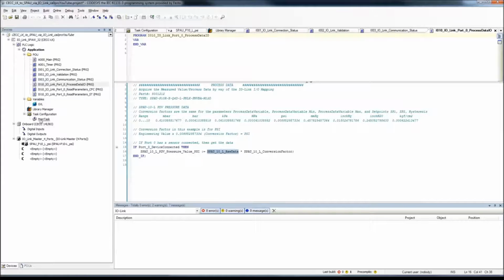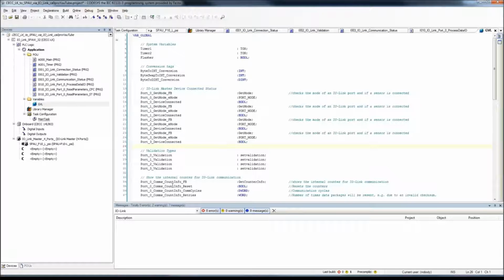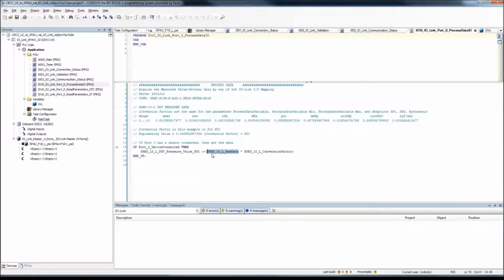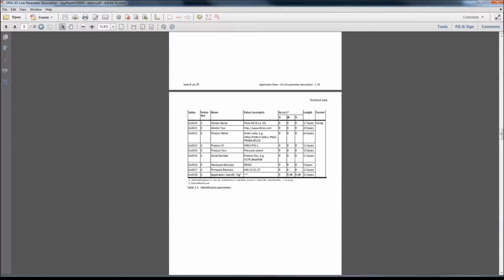So I have this global variable right here, and I've said, okay, the raw data is coming in at this input. I've got the conversion factor of this in order to get the proper units, and you'll have your output, and so on and so forth. So in this area right here, conversion factor, raw data multiplied by each other gives you your value in PSI. And I've taken part of the actual document here,